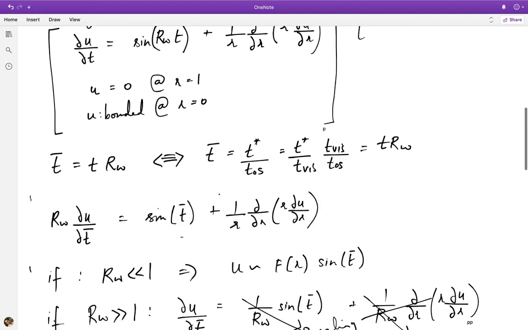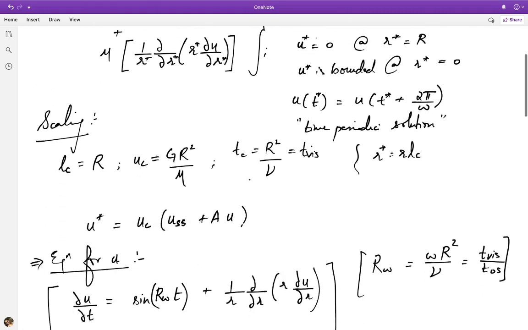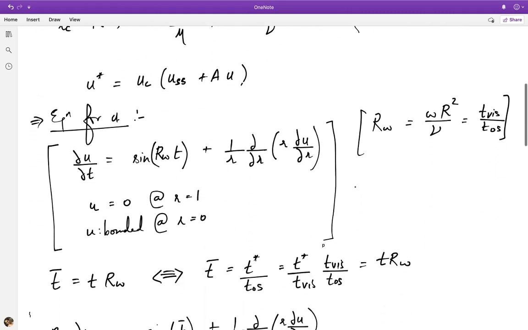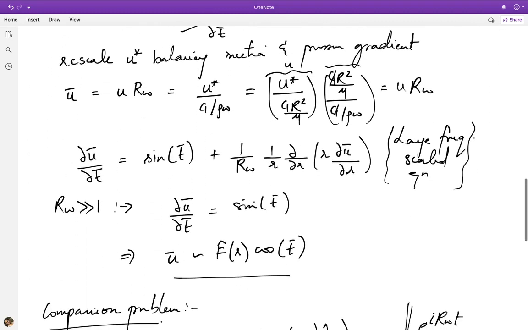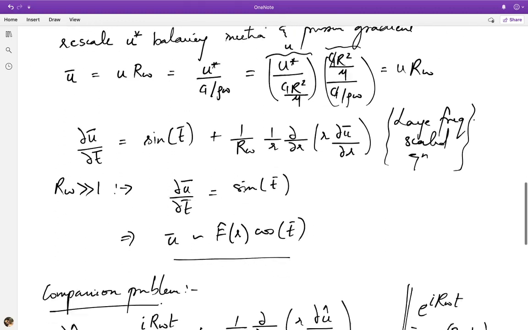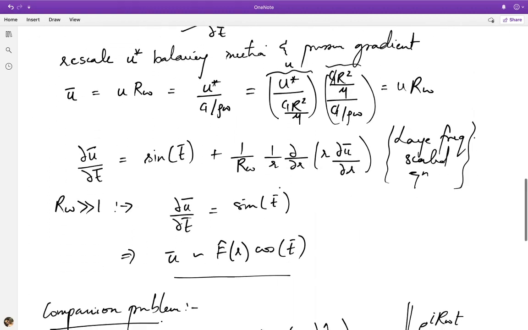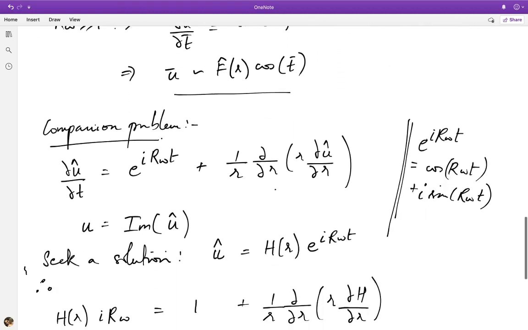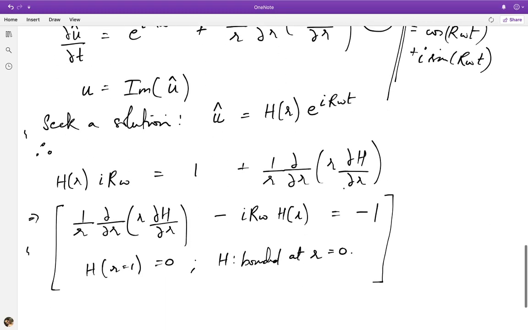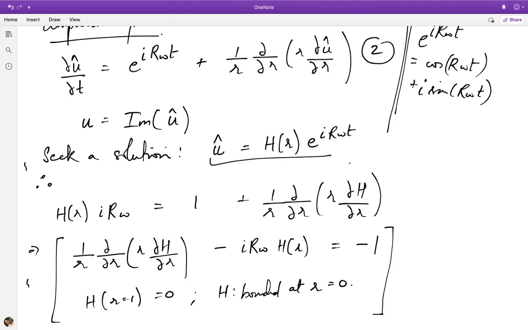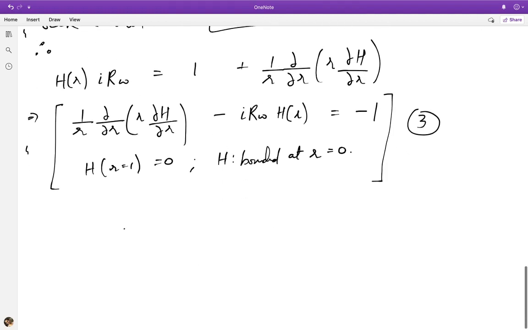Okay, as I proceed now, let me just number some of these equations, right? So the original problem, we've decomposed that and arrived here. So let's call this 1. Right, this was the problem in u. I then came back to the same problem. This was just some scaling analysis, but ultimately I want to solve the problem in the form of equation 1. To do that, I recognized after my scaling analysis that I should look at the companion problem, which I'm going to call now equation 2. Right, and that companion problem, after taking the separable form of solution, gives me an equation for the radial part, which I'm going to call 3. Okay, that will make things convenient as we go along.